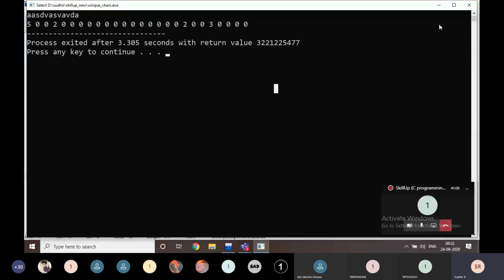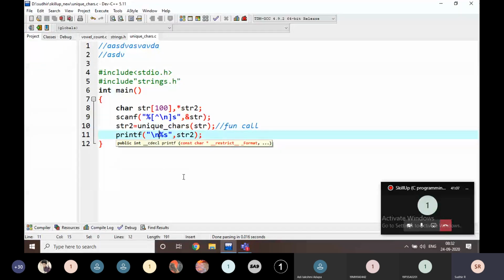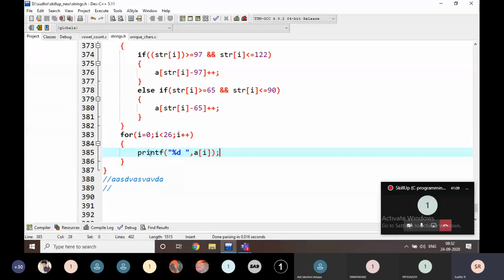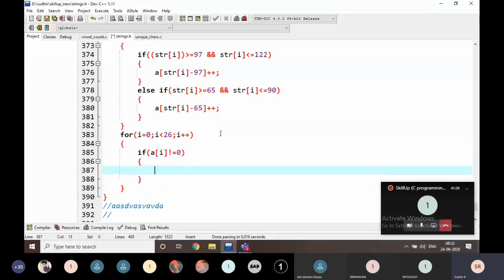Let me show you why it is the wrong output. If a of i is not equal to 0, I am going to print that character. But it is wrong, because it is a single character.